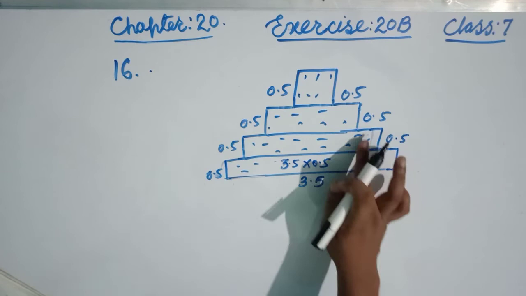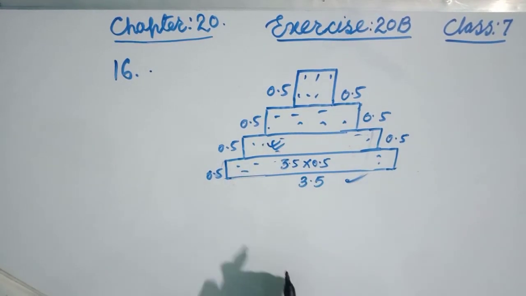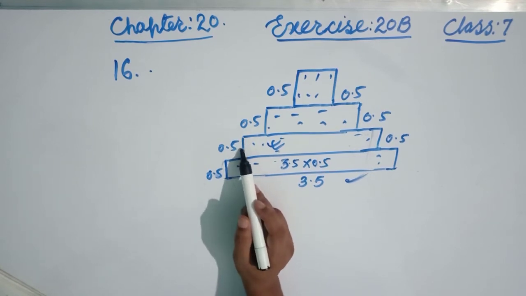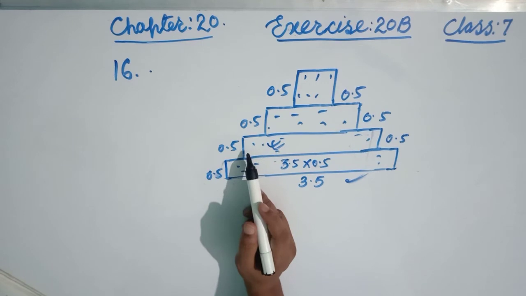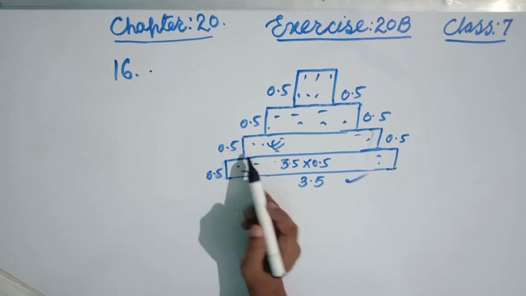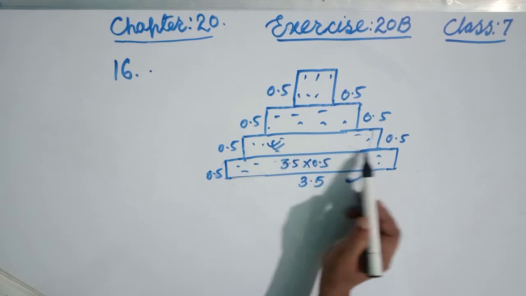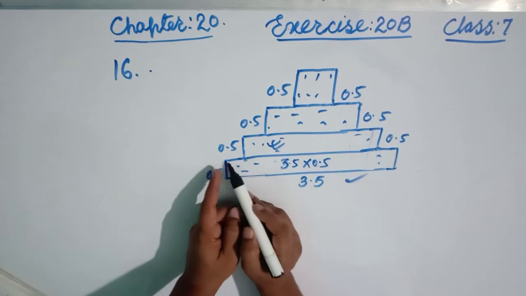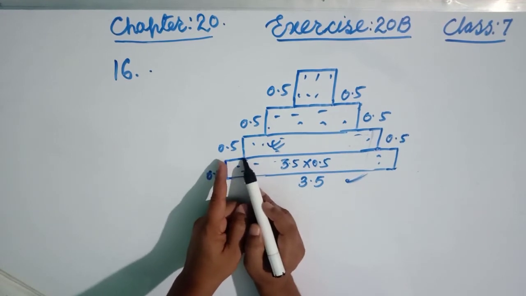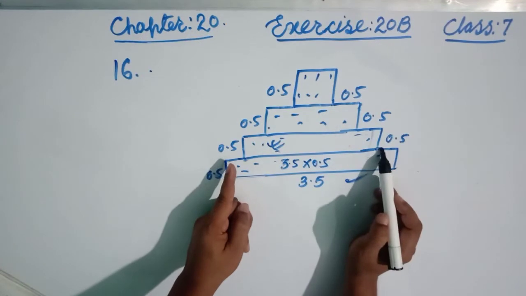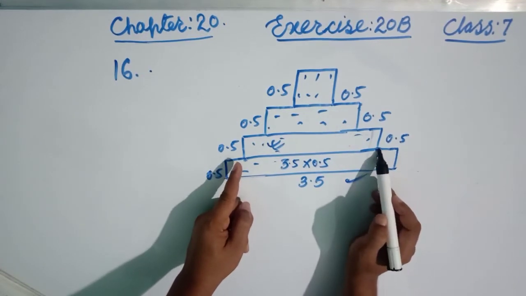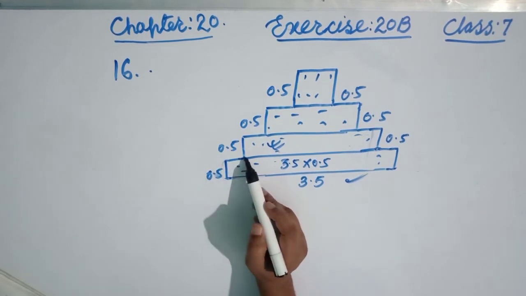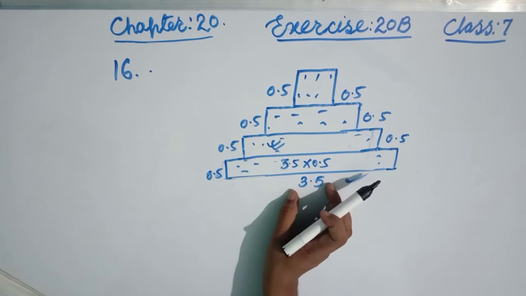Now, friends, look at this area. What about this, friends? The breadth is given, because this is the height, and this height is the breadth for this rectangular shape. So 0.5 is the breadth, and now look at the length from here to here. But how can we find this length? Now look at the friends, here 0.5, and this is also 0.5. Here 0.5, here 0.5, means 0.5 plus 0.5 is 1. That means 1 is subtracted from the whole length, and that becomes the length.